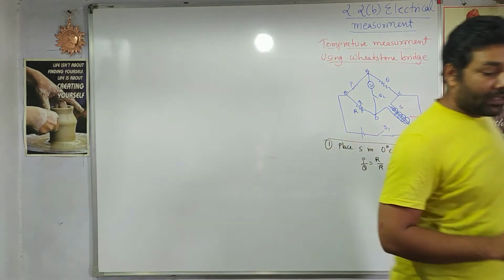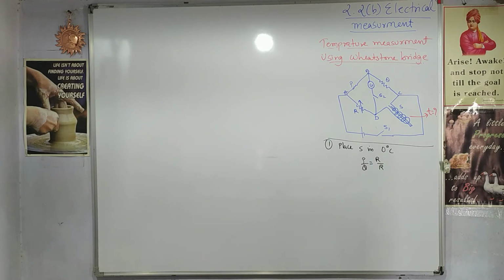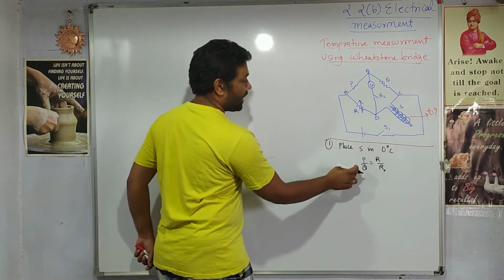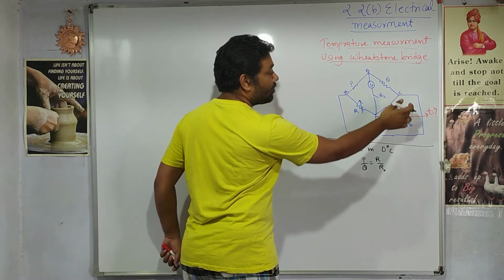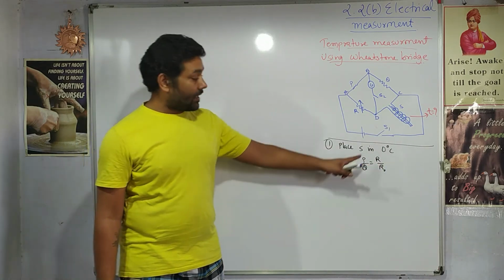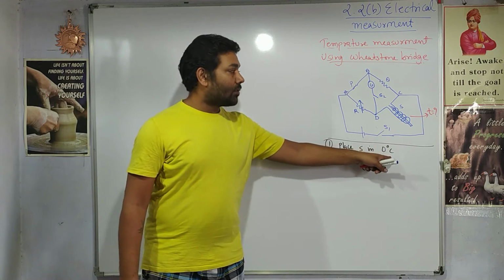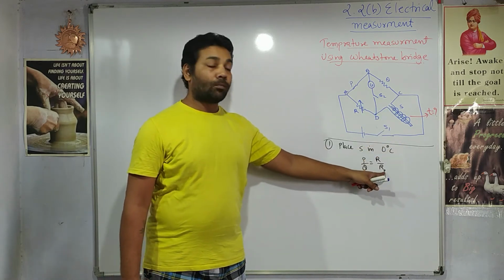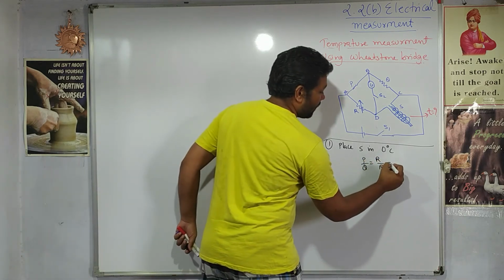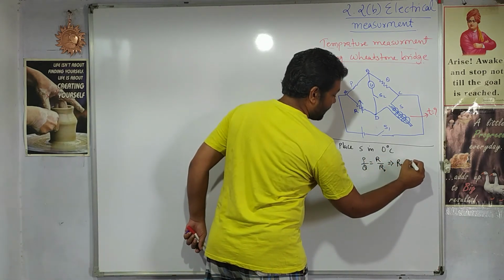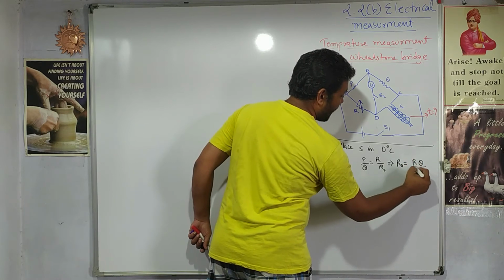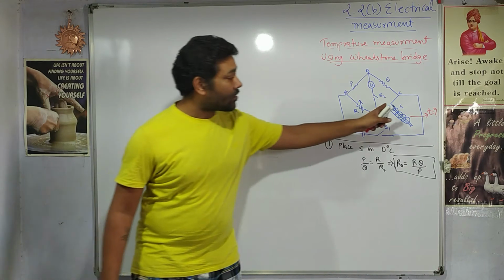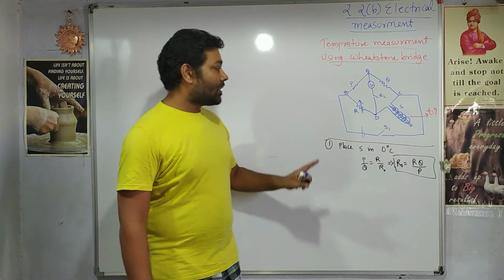Here S is the resistance at 0 degrees centigrade. P by Q equals R upon S. S will give me the resistance at 0 degrees centigrade. So we place S in 0 degrees centigrade. When we place this heater in 0 degrees centigrade, the value of S obtained will be the resistance at 0 degrees centigrade, R into Q by P. So I got the resistance of this arrangement at 0 degrees centigrade.